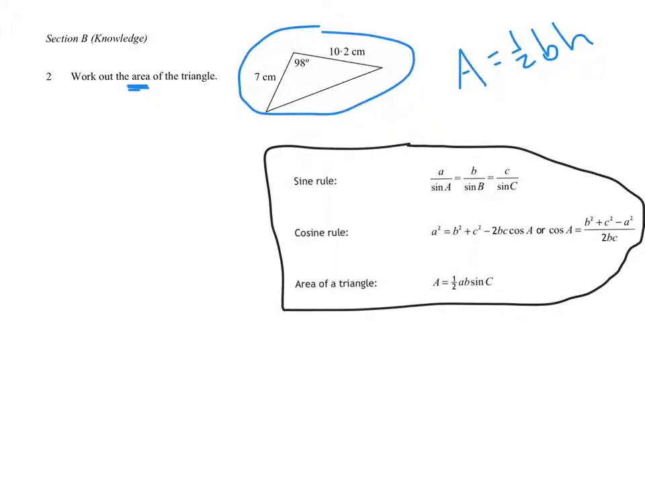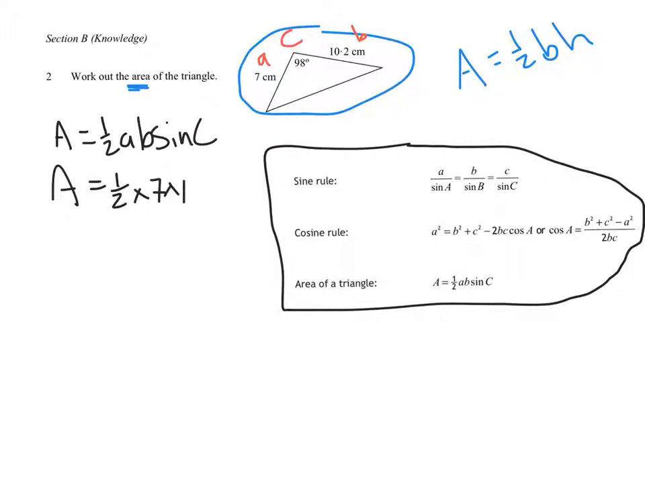AB sine C is where A and B are two of the sides, and C, capital C, is the angle that's in between them. So I'm now ready to just substitute these values into my working. So let's start to find the area here. So area equals a half AB sine C. So area equals a half times 7 times 10.2